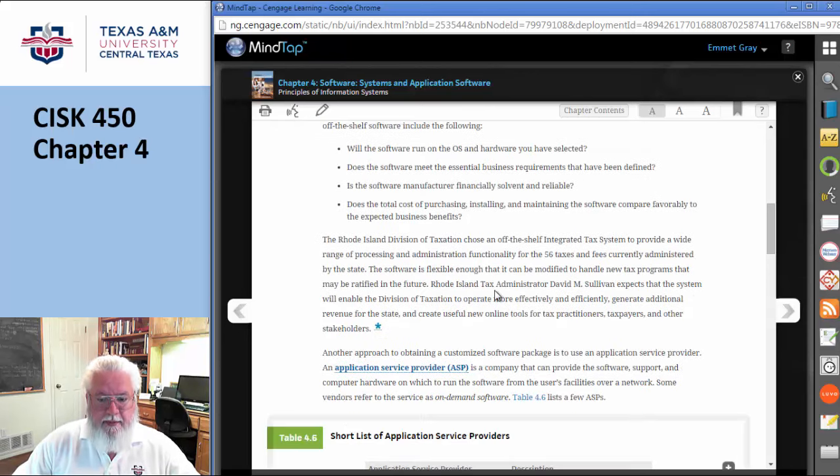So it's not necessarily just black and white. It's not necessarily just homegrown versus commercial off the shelf. Often there's a hybrid of the two, where you buy a piece of software and then maybe you go get a third party or maybe in-house, you just add this one tiny little feature onto it. So it's not just cut and dry. You can mix and match to some degree.